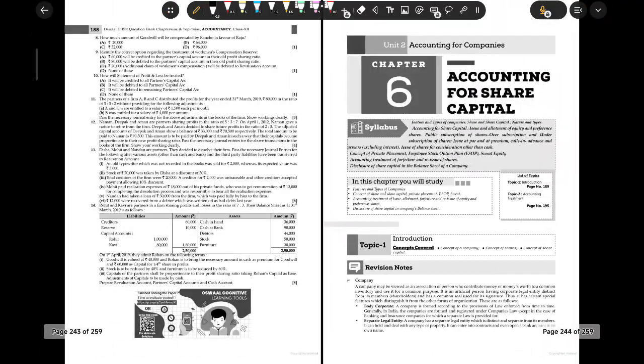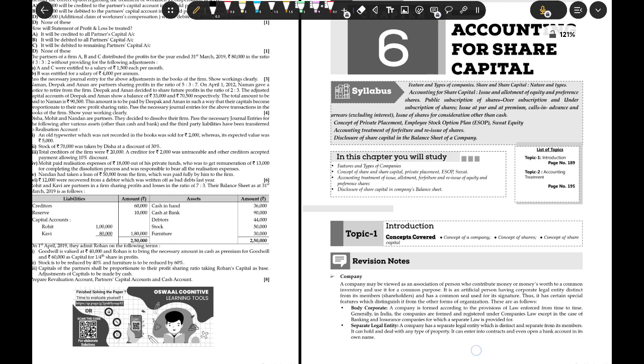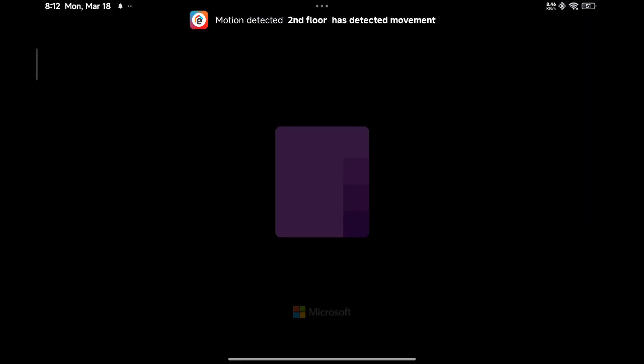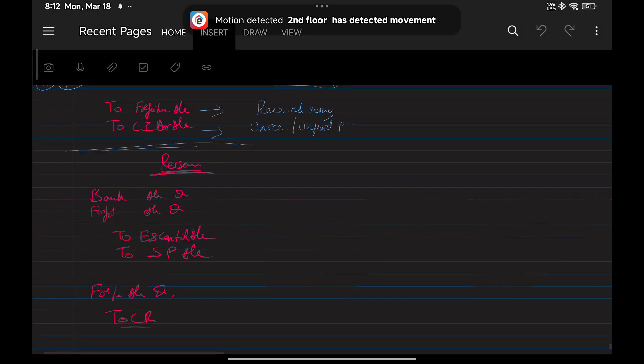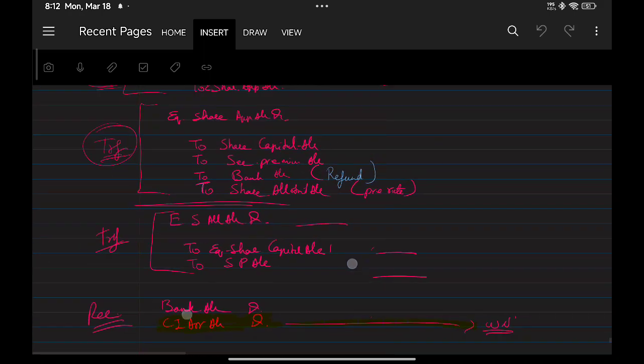Now we will see the share capital. Okay? So once again I will discuss the journal entries. What is the journal entry? From the beginning,